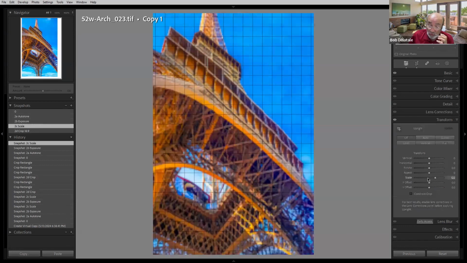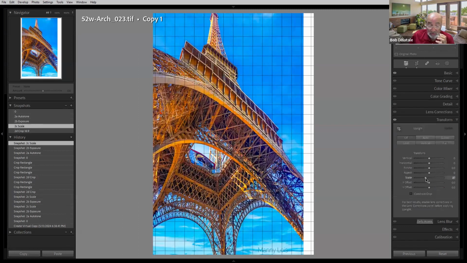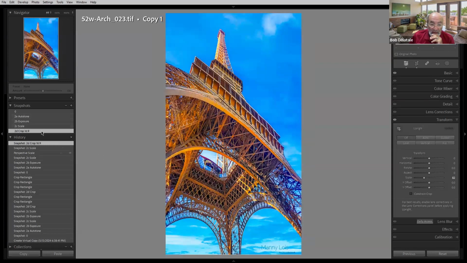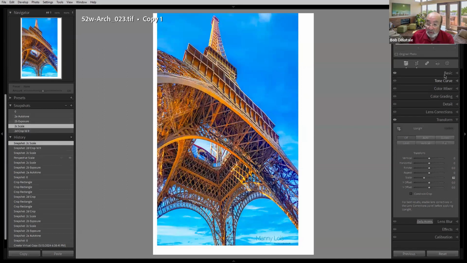And why you shoot raw is all of this is non-destructive. I scaled this down actually, so I could see more of the white around it. And then I used a crop. And you see my crop here says 16 by 9. When you crop,